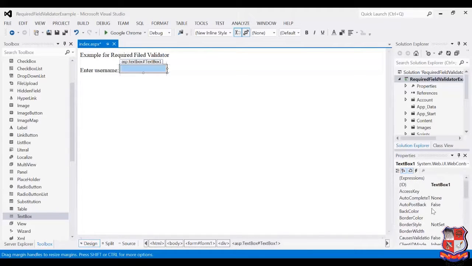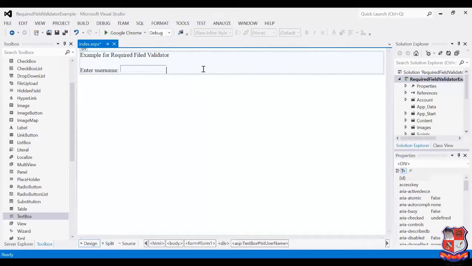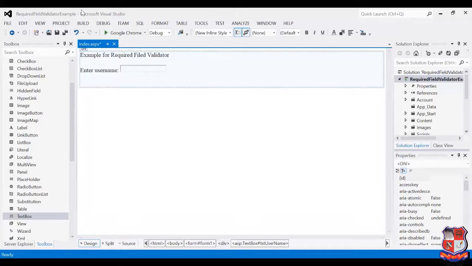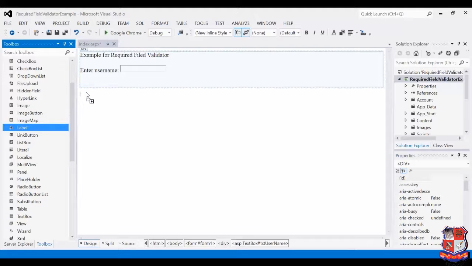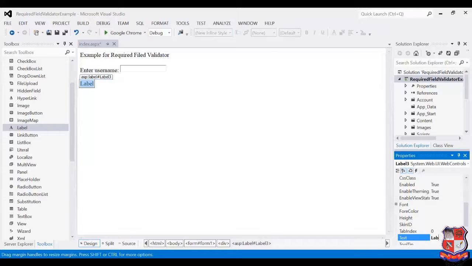I'm changing the id of this text box to txtUserName. Then I enter another label with the message, enter password.